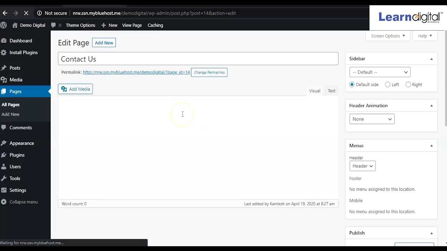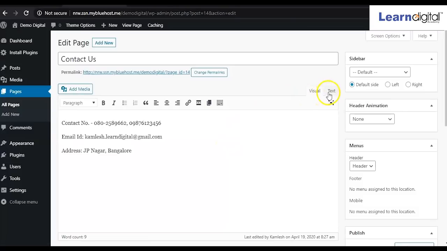So here your details will be coming, right? But the code we have copied, we have to keep it in text mode. Right now it is coming in visual mode. This is the visual mode, that means how it will be reflecting in your main site. But always remember that whatever the coding part will be there, will be put in text mode. Text mode, that means I'll highlight this one, I'll show you here. This is the text mode, right?